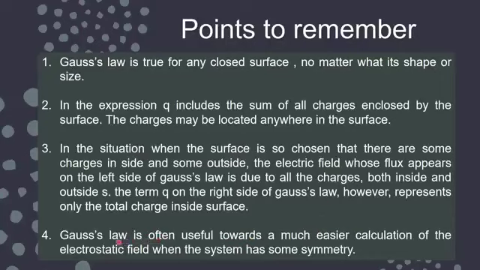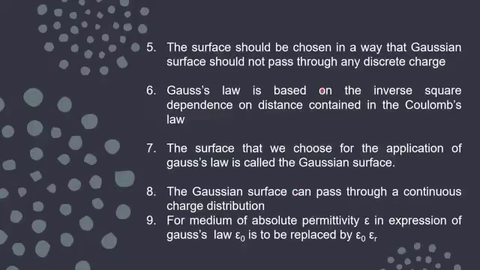so that it becomes easy for you to solve the numericals. So Gauss law we are using only for making our calculations easy, where I may assume a Gaussian surface because it will be having a symmetry, and with that symmetry I can do my calculations very easily. The surface which is chosen should not pass through any discrete charge. It means the charge should be inside the surface, it should not be passing over the charge.